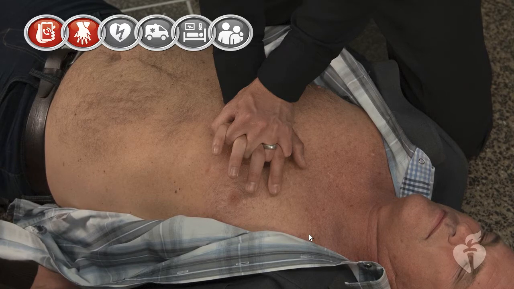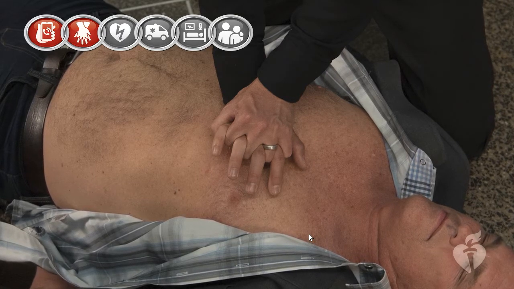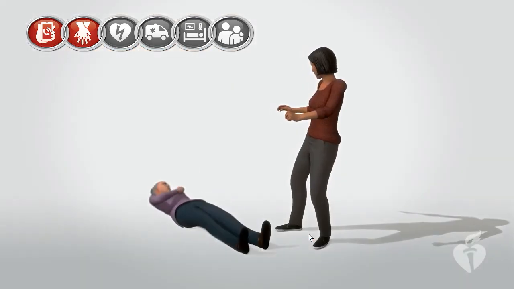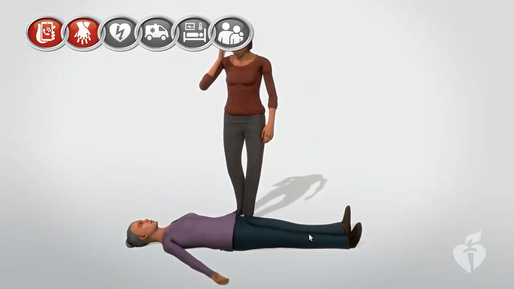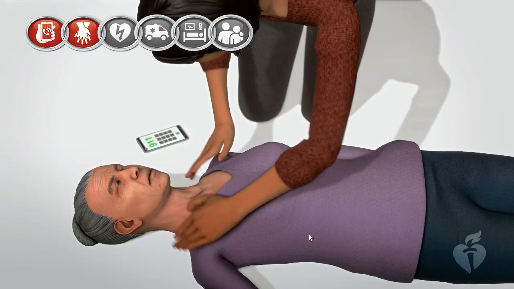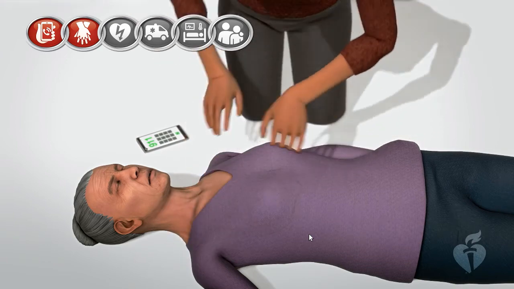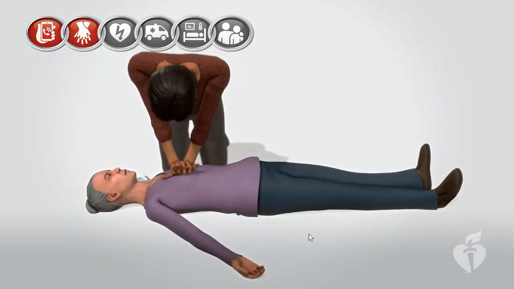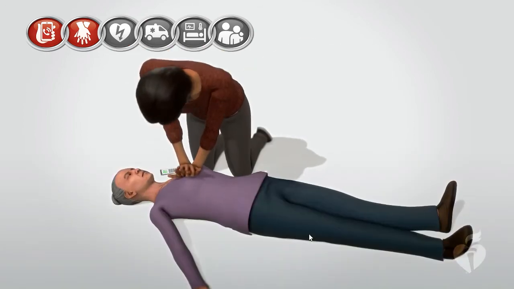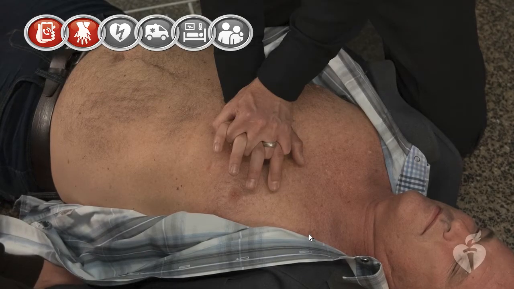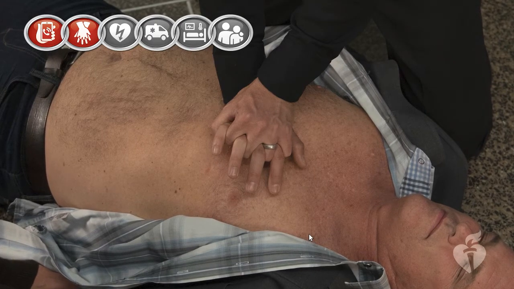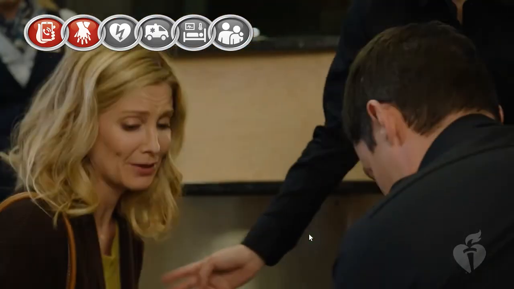Bystanders who aren't trained in CPR are encouraged to provide compression-only CPR, also called hands-only CPR. When an untrained bystander sees an adult collapse suddenly, there are 2 simple steps to follow. Call 911 and push hard and fast in the center of the chest. Dispatchers or telecommunicators may provide further instructions, including step-by-step coaching on how to perform CPR until trained help arrives. Some rescuers might find it necessary to provide compression-only CPR until a barrier device is available. The guard begins chest compressions without delay.